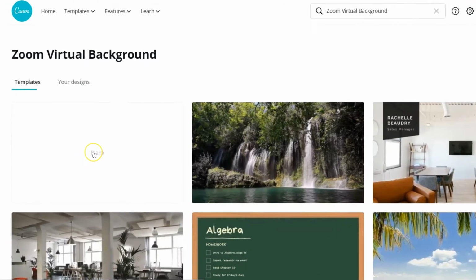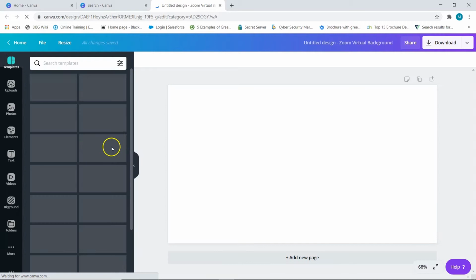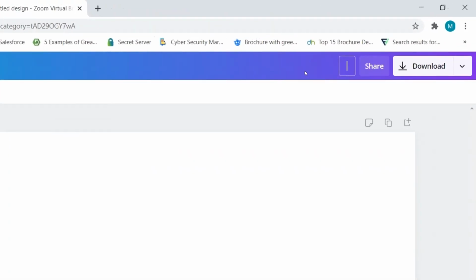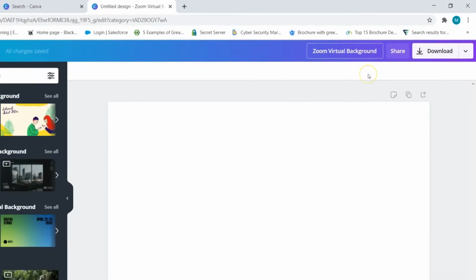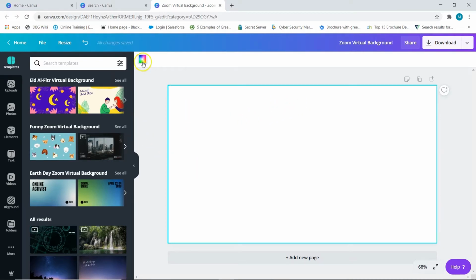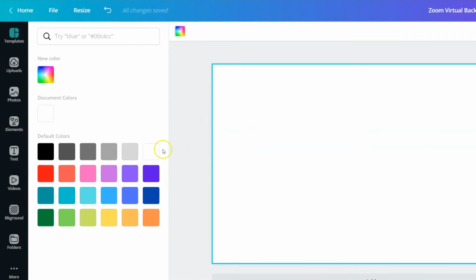So let's continue. Next, we're going to hit the blank template to start from scratch, as we're doing our own thing. I'm going to call it Zoom virtual background. There we go. Next, we're going to make the background yellow, as I had in my previous one,